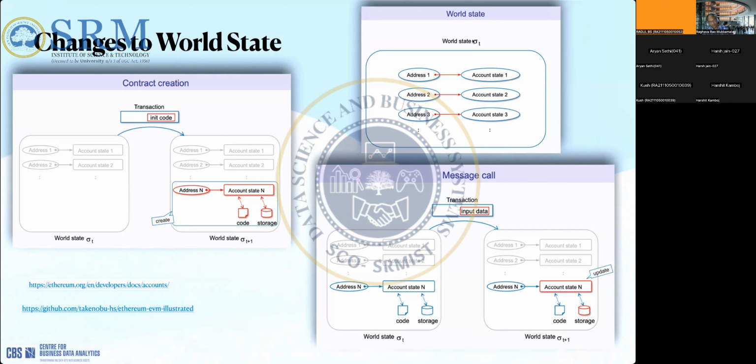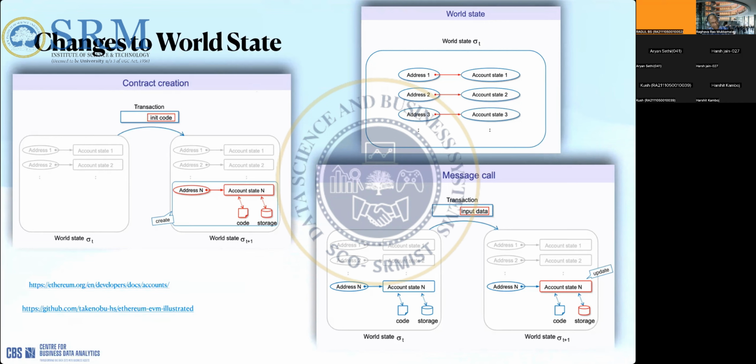So in the case of Ethereum, the world state contains all the accounts and all the information about the accounts, like how much balance you have and things like that. That is called the world state. And the account could be a smart contract, or a normal externally owned account. No issues at all. Let's see what happens when you create a contract.